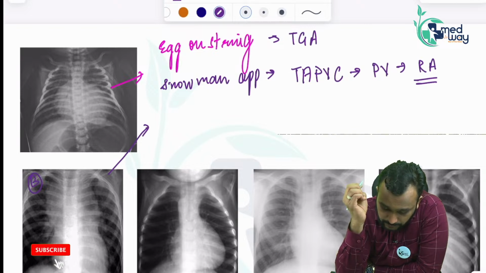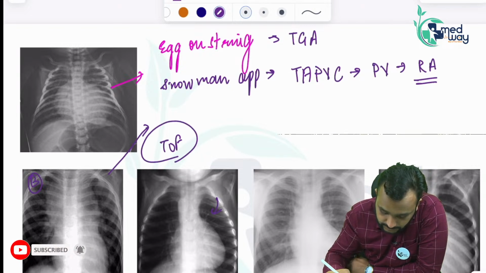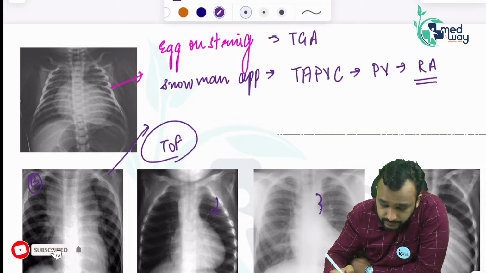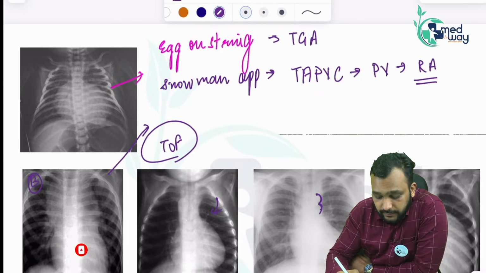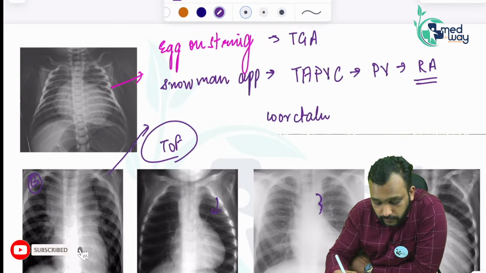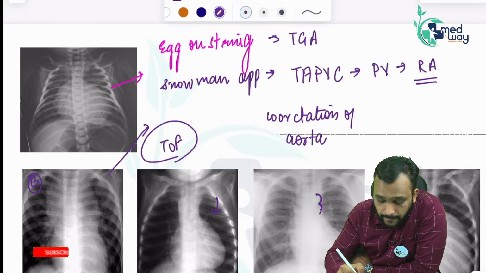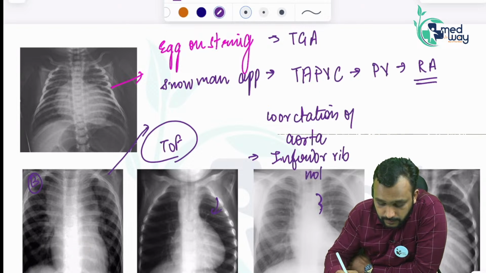Now talking about this image, this is again a tetralogy of Fallot, boot shaped heart, right. In the third image we can see that there is a constriction in the arch of aorta, giving a figure of 3 appearance. So this is seen in patients with coarctation of aorta, in which you will see narrowing in the arch of aorta, and another sign that you are going to see in these patients will be inferior rib notching,